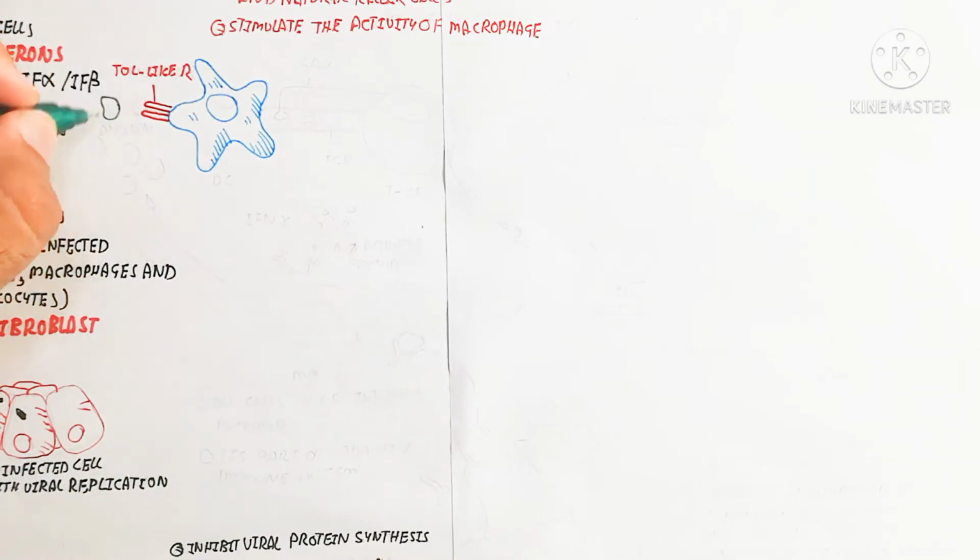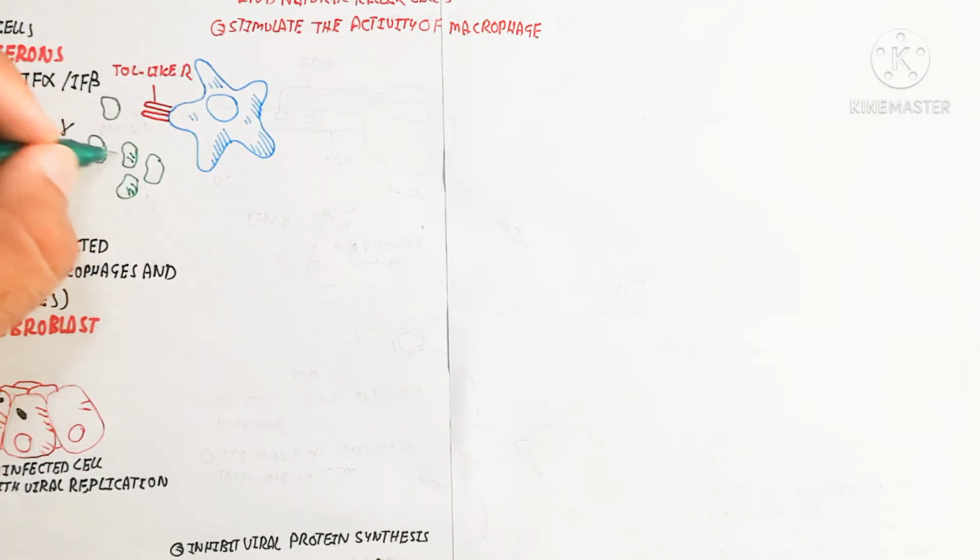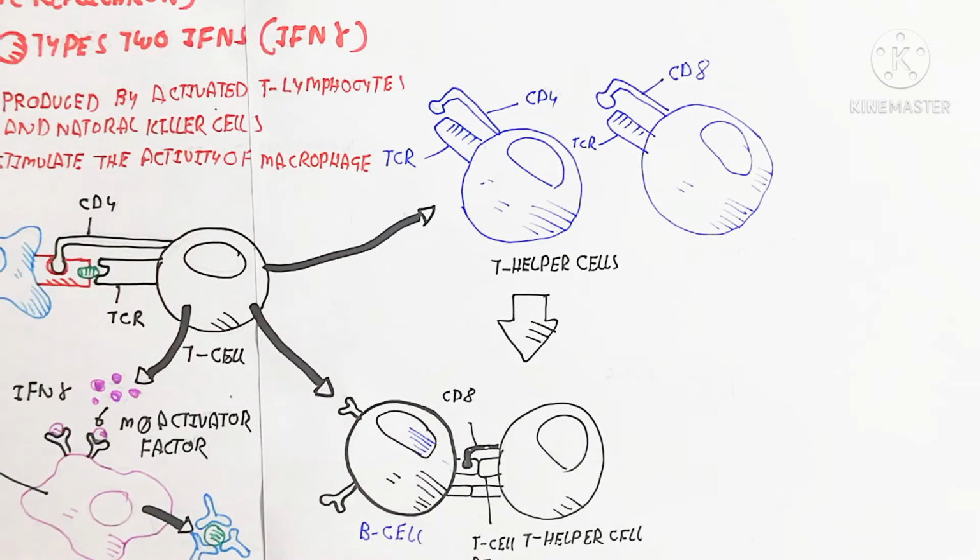Here is the dendritic cell, which contains toll-like receptors, recognizes the antigen and gives the signal. The dendritic cell presents the antigen and the T cell recognizes it. The T cell contains the CD4 receptor and the TCR, the T cell receptor, and produces interferon gamma,